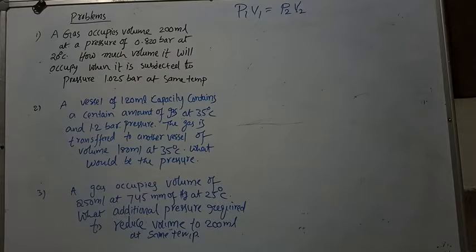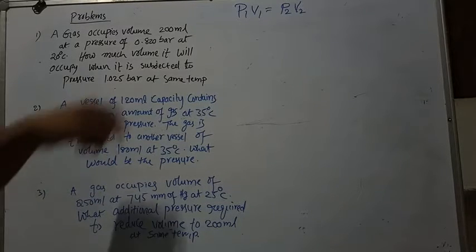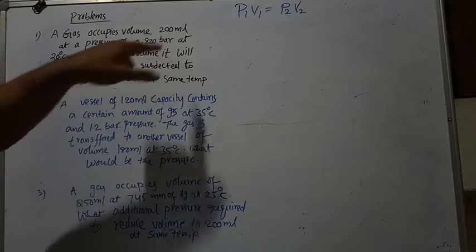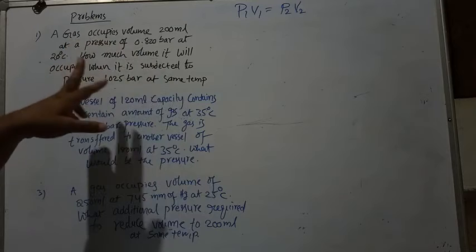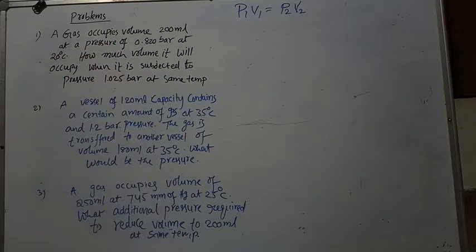See that. And you have to remember how to identify a Boyle's law problem. Here in the problem, volume and pressure you are observing. If the temperature is not changing, at the same temperature, that decides this problem is a Boyle's law problem. See that, in the first problem, what is given?